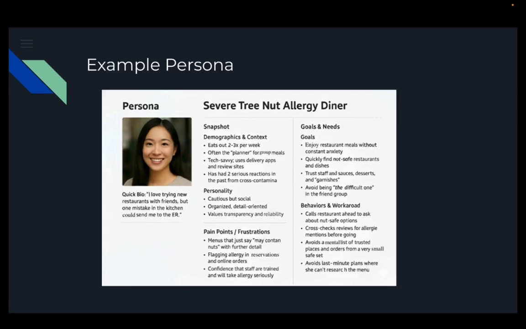Here's an example persona of one of our possible users. She has a severe tree nut allergy, and you can see that she likes to eat out a few times a week, but is cautious because she's not confident in the nut free options that some restaurants provide. And our goal, after talking to some of our friends that have also had some of these experiences and allergies, is to make finding restaurants that cater to people with allergies as easy and